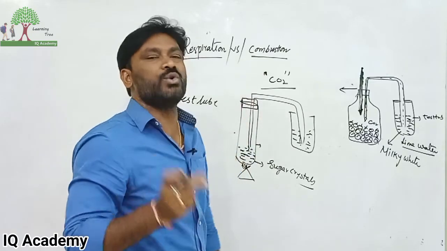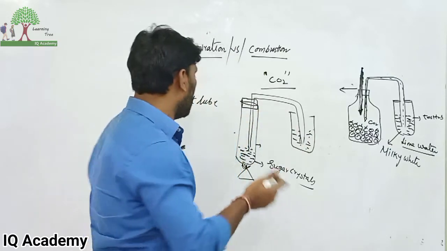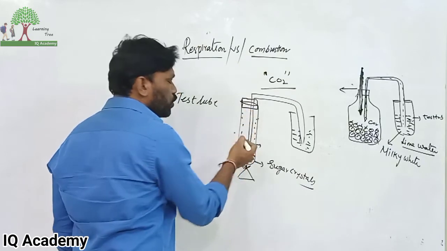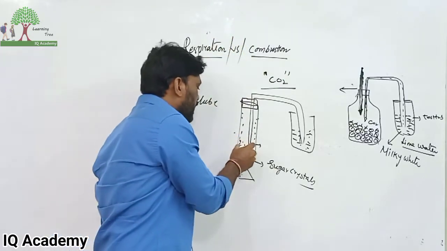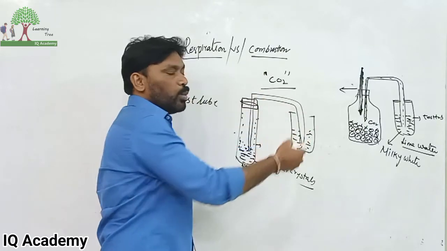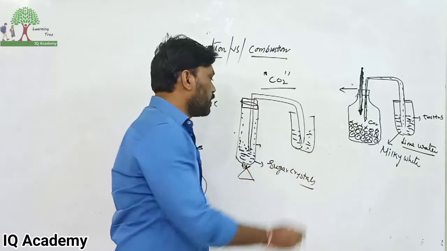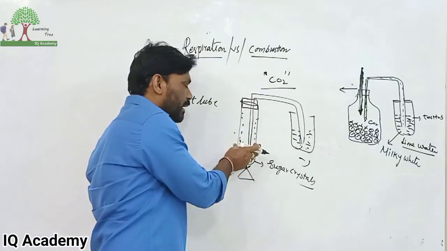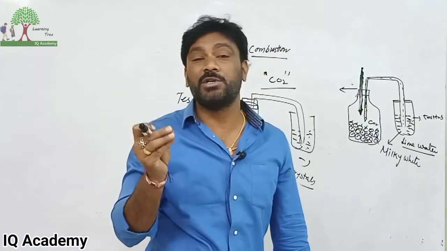and the moisture is also released. It releases water and it releases carbon dioxide, and we can see the water molecules and moisture absorbed on the tube, as well as the carbon dioxide released. This carbon dioxide is carried by a tube present inside the test tube and enters the lime water present in another test tube. And this lime water turns milky white, indicating that during combustion carbon dioxide is released. So this is one experiment, the combustion experiment.